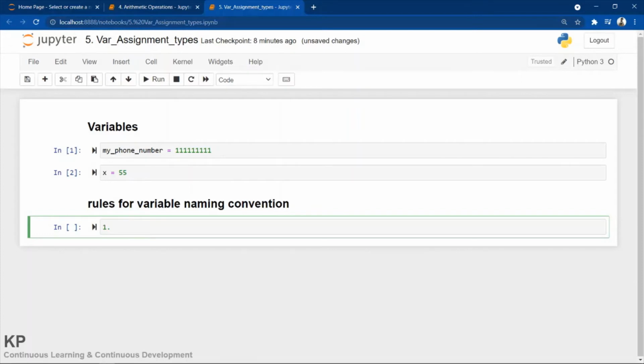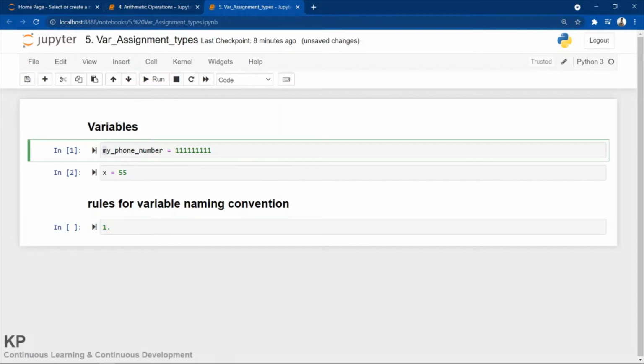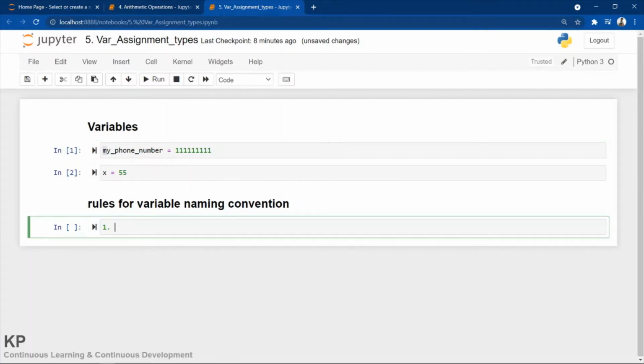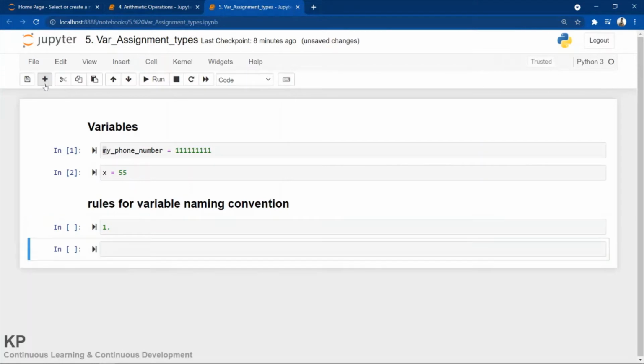The variable name should start with a letter. See here, this is my phone number, I'm starting from M. You should start with a letter, not from a number. For example, let me add one more cell here.